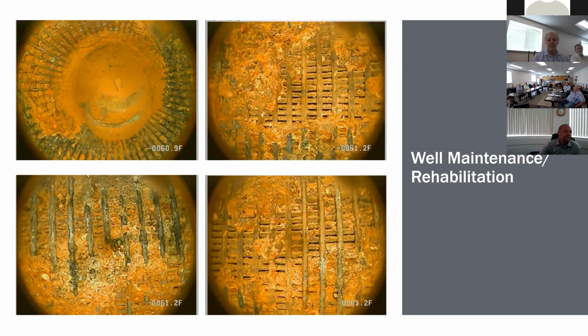And these are screenshots from the video that we saw. That upper left corner there is the bottom of the well. You can see some equipment that had fallen in at the bottom. There was a fair amount of sedimentation that had accumulated in the bottom and plugging up the bottom part of the screen. The side views, the three other ones, show some pretty serious corrosion on a lot of the rods